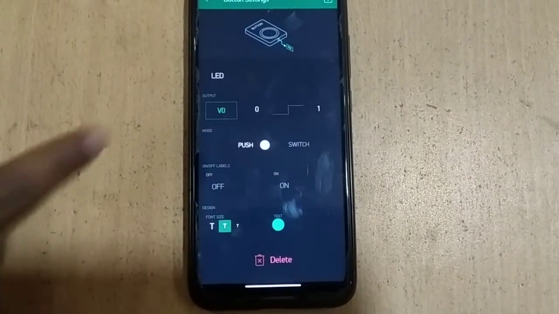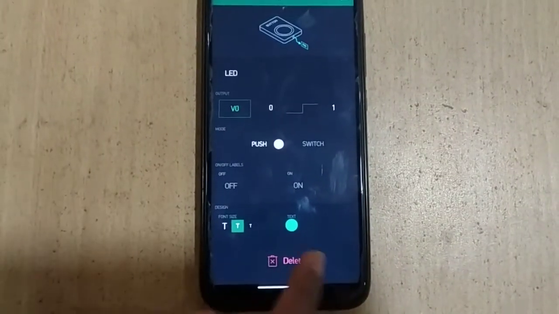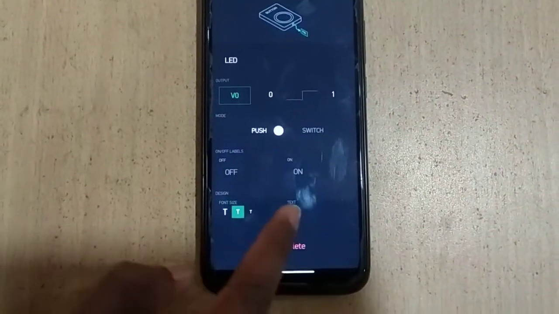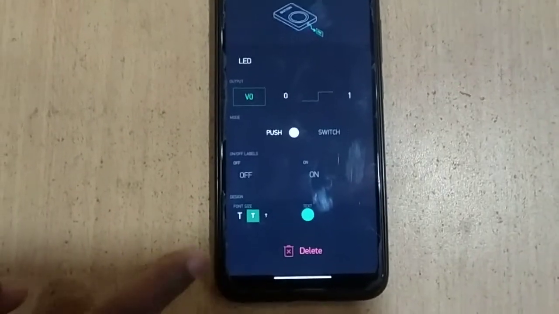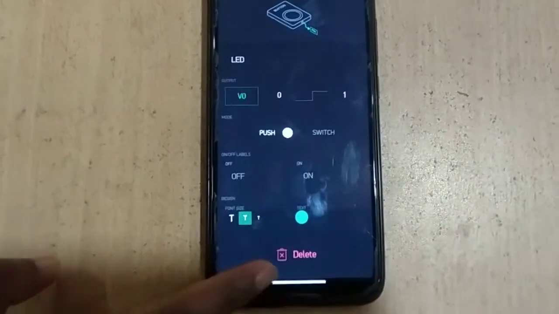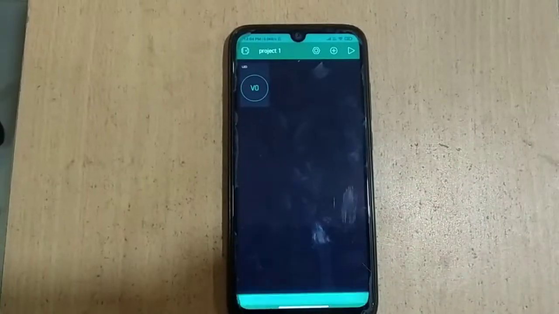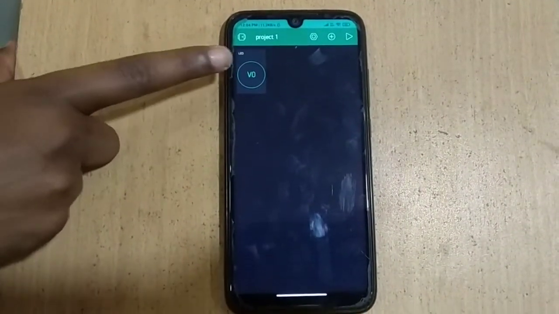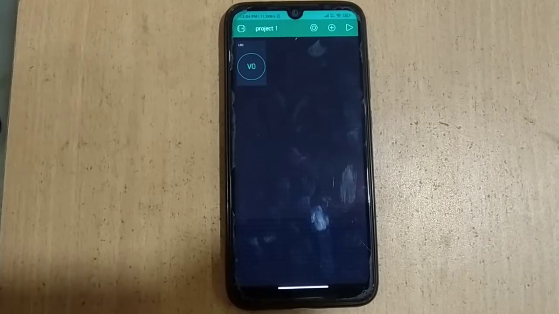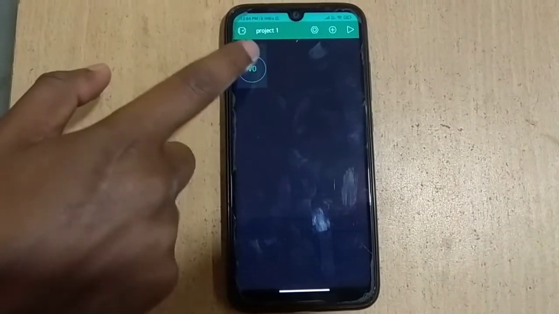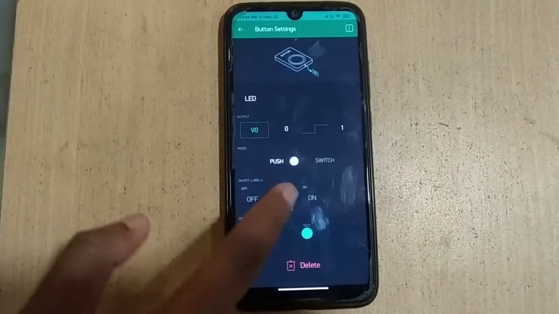After doing everything, you can also write a text, and select the font size and color, all those things here. You can also get a delete button here in order to delete. After that, just go back. As you can see, I have changed the name to LED, and the pin name V0 that I was explaining is shown here. You can do that here.